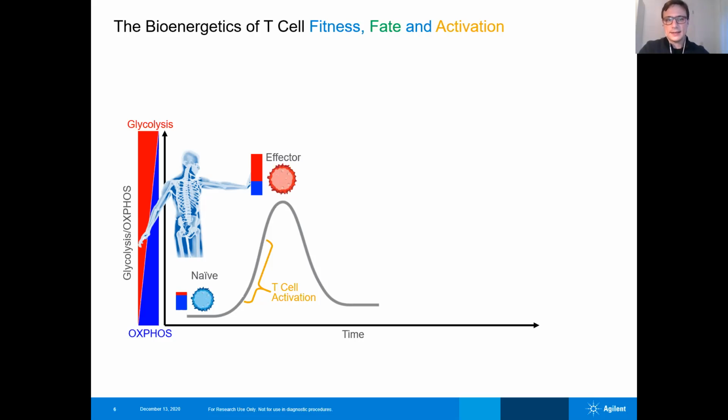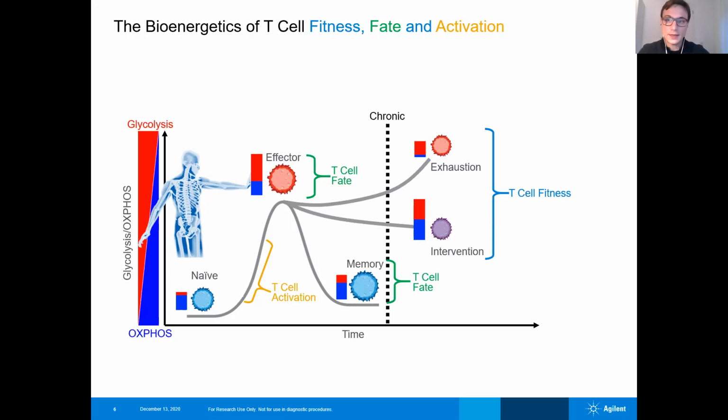And then at a later time, usually two things can happen with these T cells. They can become memory T cells, which means they lower the metabolism again, and also the OXPHOS ATP production plays a larger role then. Or they can, with time, run into exhaustion when they are chronically busy with fighting the pathogen or the cancer cells. And this exhausted cell will also be characterized by a lower metabolism, but this time the glycolytic ATP production